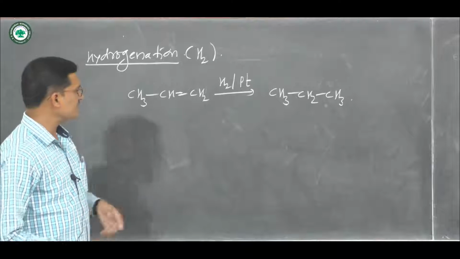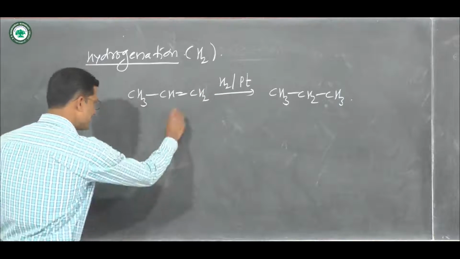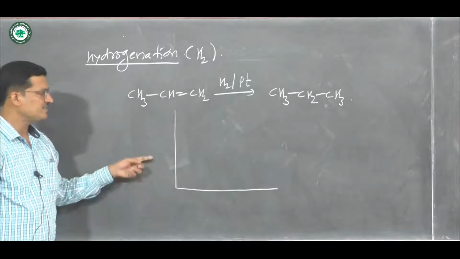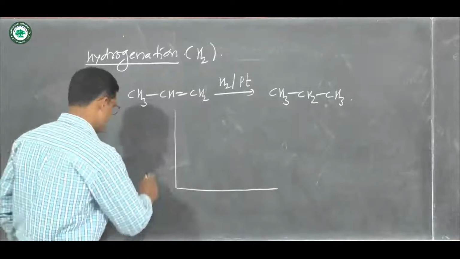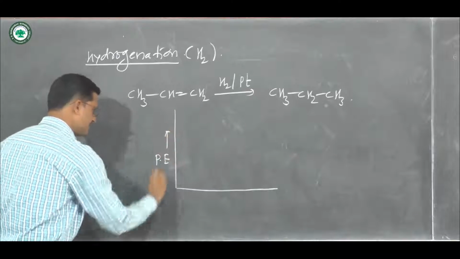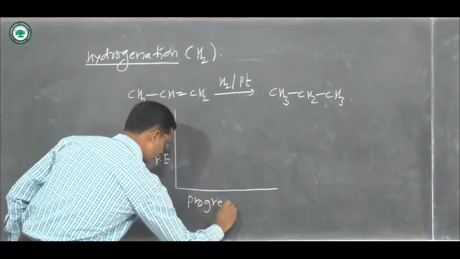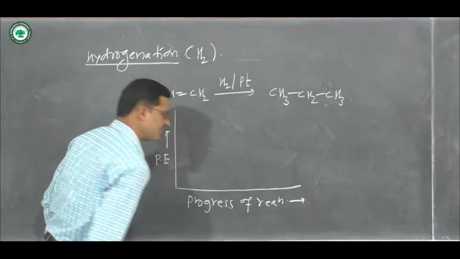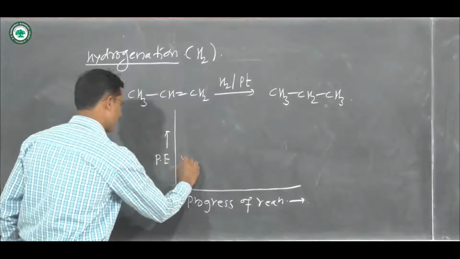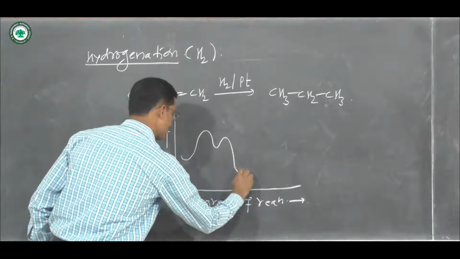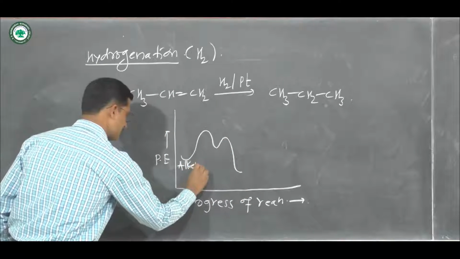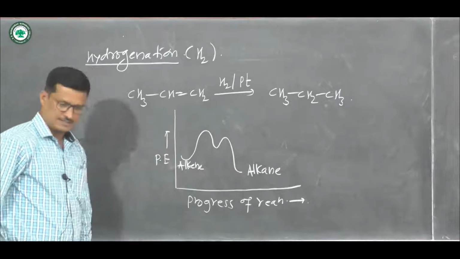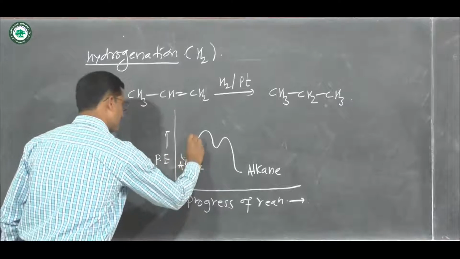And we know this reaction takes place in the catalyst. So what is the difference between the reaction which takes place in presence of catalyst and in absence of catalyst? So we know this is a potential energy, this is a progress of reaction, and when we take the simple example and then we see what happened. This is the alkene, there is formation of product alkane, and then we see these